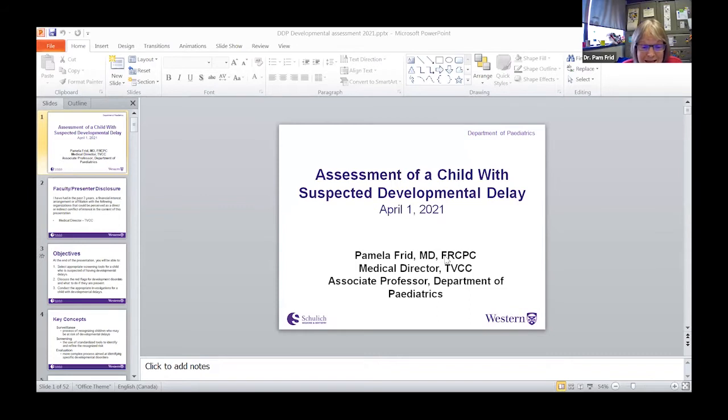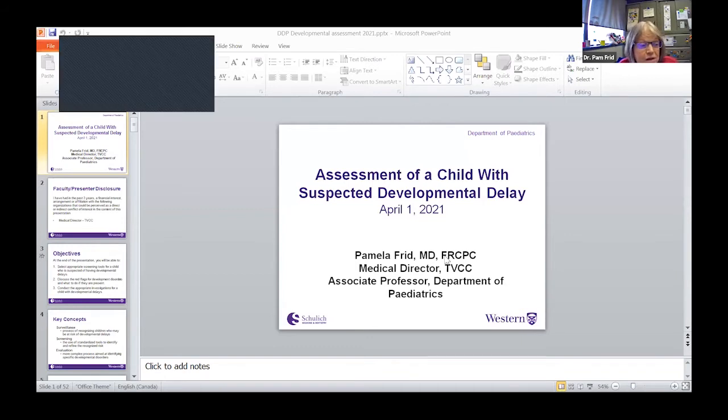What I'm planning to say today is really trying to give you lots of practical tips on how to assess a child that presents in your office with developmental delay. And I've tried to concentrate on tips and tools that you can use to do the assessments that you can find for free or can be downloaded from the internet very easily. So if you have any questions about where to find them, I've tried to put the links for anything that I mentioned in the presentation so that you can see them. And I understand that this will be posted later, so you'll have access to that as well.